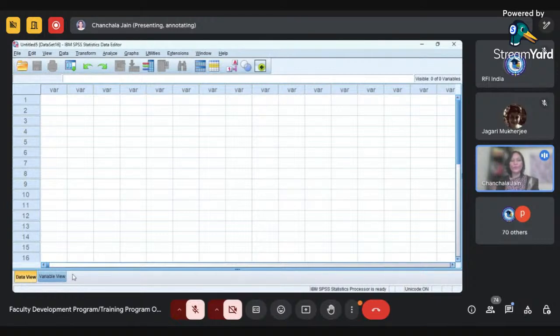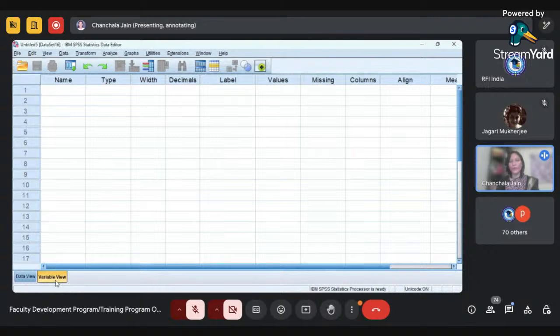After that, I'm now clicking on the variable view. Here you can find this is a view where we can define our variables. If you are importing your data from sources like Excel or a CSV file, and your variable names are defined there, the same will be copied here also.